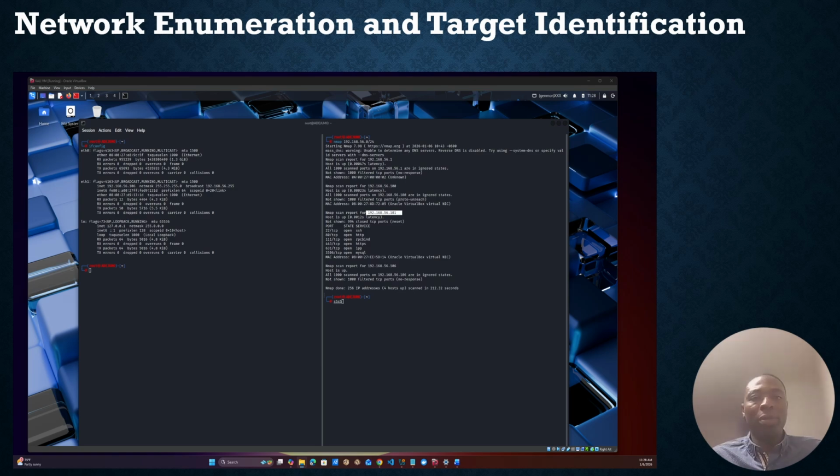Firstly, I booted up my Kali Linux VM and Kioptrix 2 and ran an ifconfig command in the terminal to confirm my network is on host only. I initiated network enumeration from my Kali Linux VM using Nmap across the 192.168.56.0/24 subnet. The scan revealed 4 active hosts within the Kioptrix 2 IP